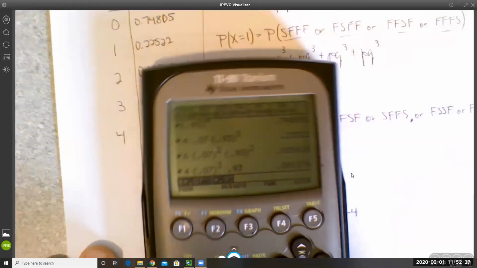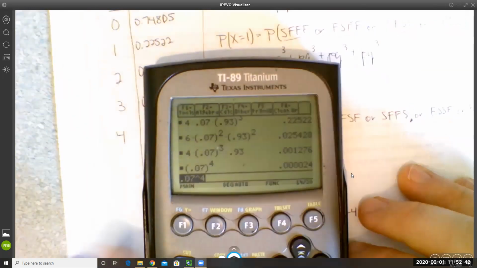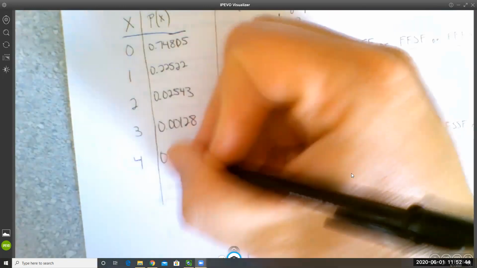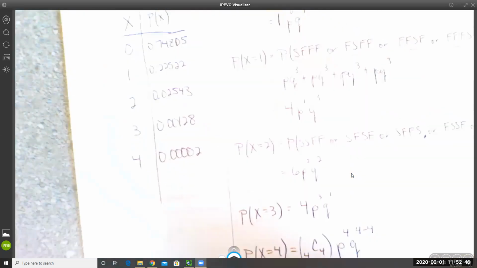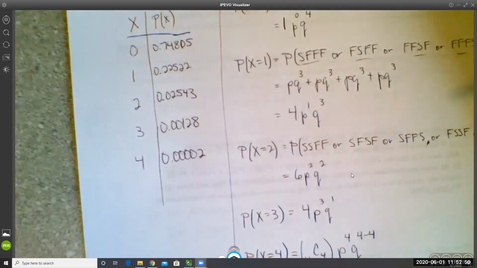And just for the curious out there, the probability of success to the 4th power is 0.00002. That's why I wanted to round to 5 decimal places, because if we didn't, then this last one would just be 0. But there you go, right? Those are the probabilities, and